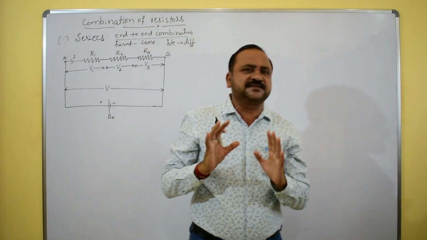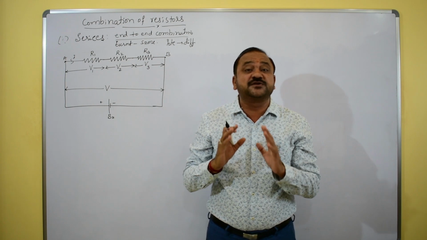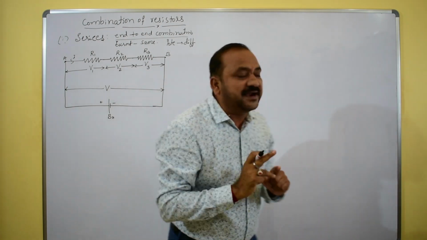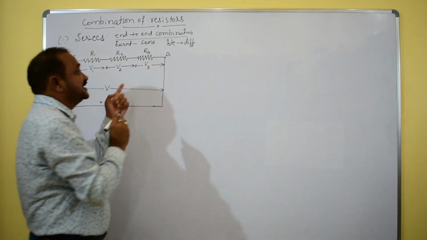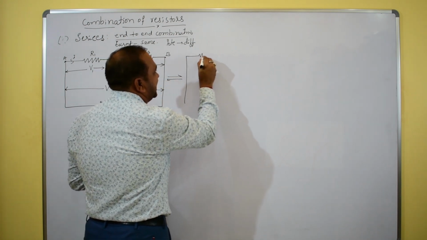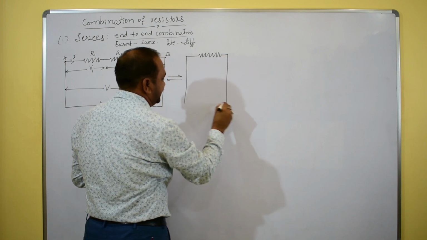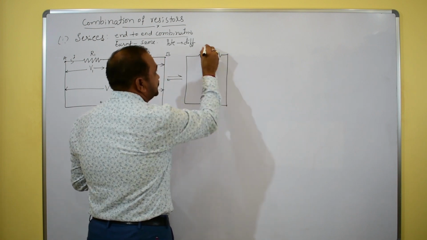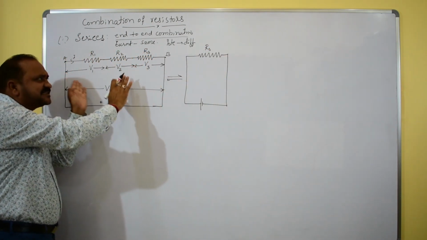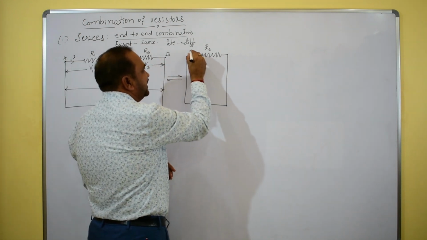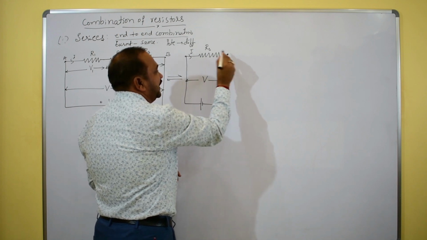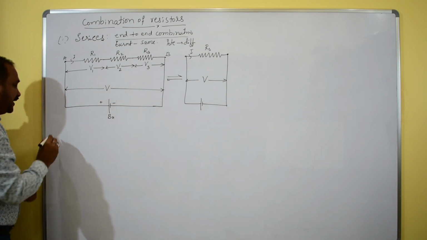See, this is a basic concept regarding the series combination of resistors. This is the combined effect. One more thing, that's the equivalent circuit for this series combination. Here, this is the effective resistance, that we call RS. Say this is the battery as it is. Whatever the effect taking place for this combination, the same effect is RS. Say I is the current, V is the potential difference across this RS only.